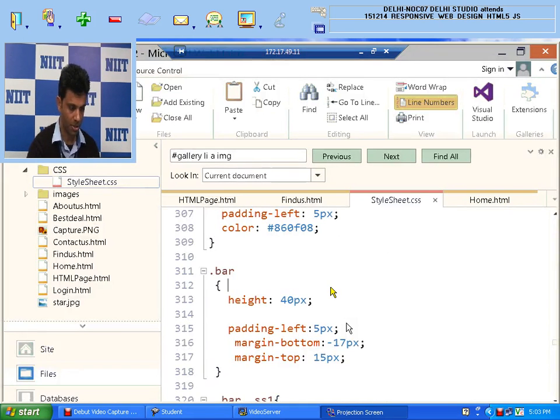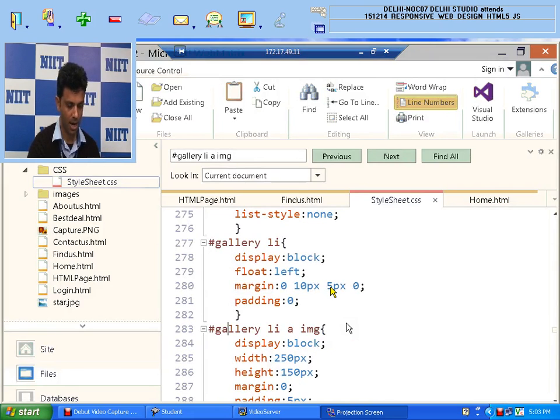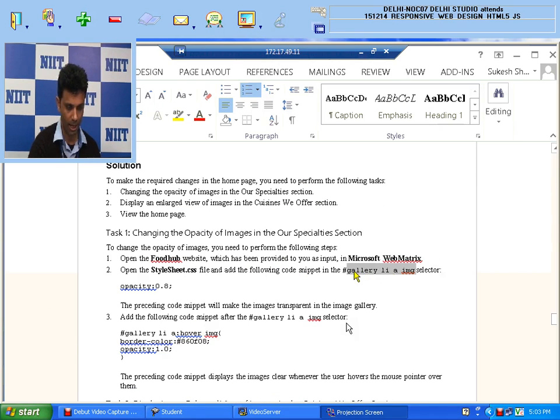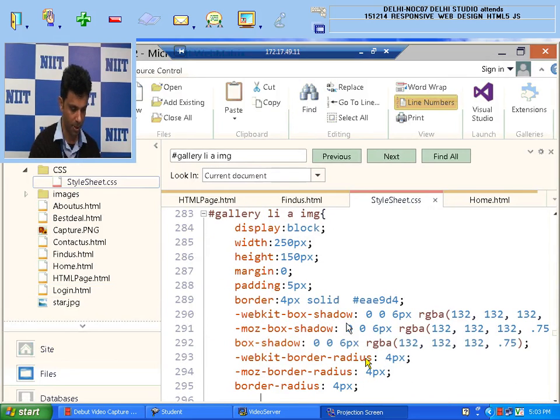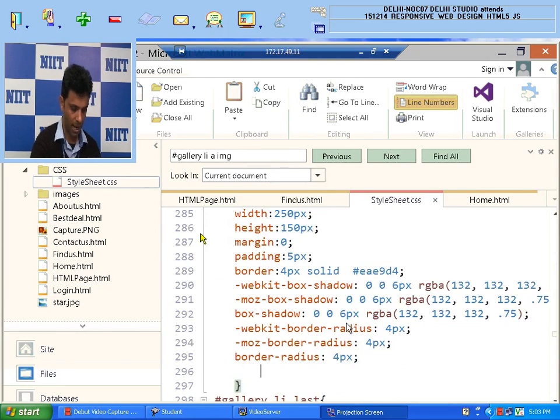Here, this place, #gallery li a img. So this is the name which I have to find out. Okay, and I need to add this over here. So I will copy it and just add this line at the bottom of this place. Just add this and